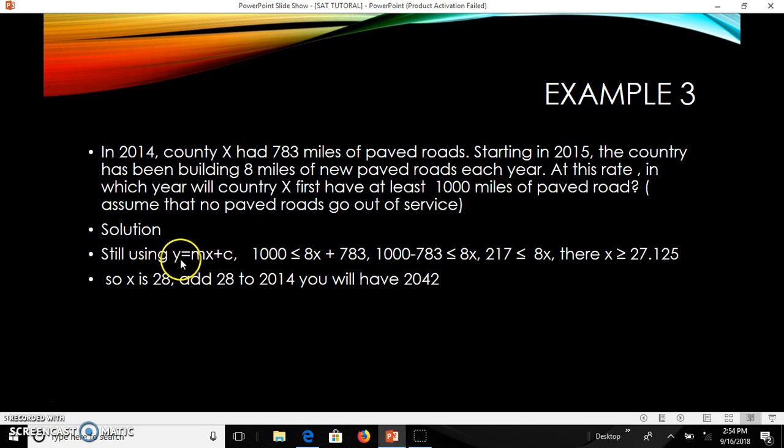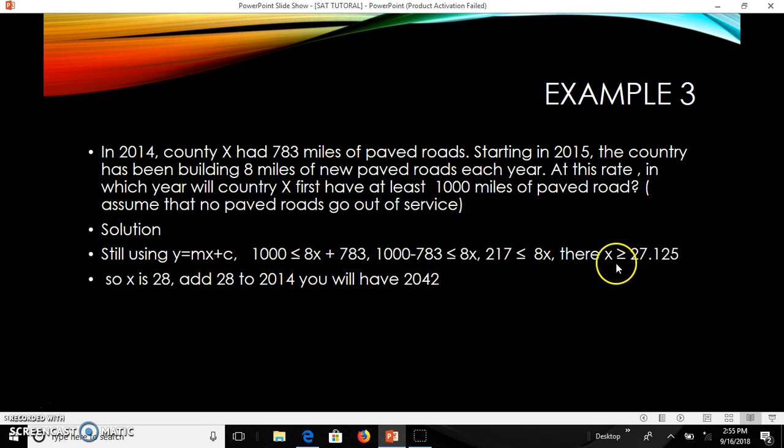Still using this formula, y equals mx plus c. That means this equation is equal or greater than; they said at least 1,000, that means it's at least or greater than 1,000. So 8x plus 783 is equal or greater than 1,000. So when you work it out well, you get this. On both sides, that means x is equal or greater than